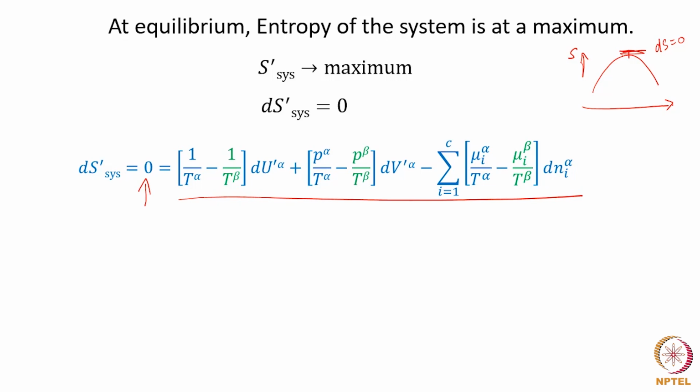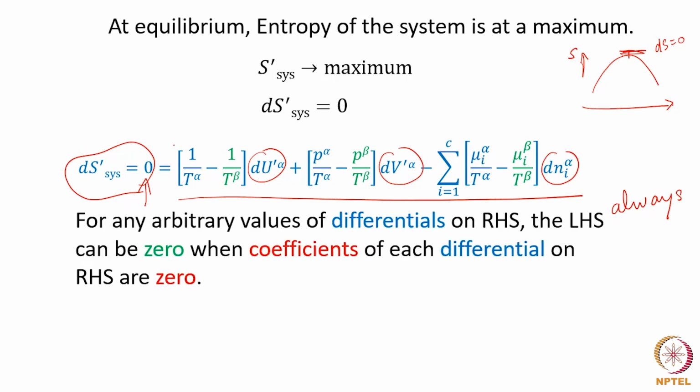And we then have a very subtle argument. We are saying that under arbitrary small changes of the internal energy of alpha and small change of the volume of alpha and small change in the species I in alpha, we want to ensure that the entropy change is always going to be 0, and this we can always guarantee. That is, it's a very subtle argument. We say that we can always guarantee it if the coefficients are 0. Okay, so these coefficients which are actually highlighted, if these are 0,